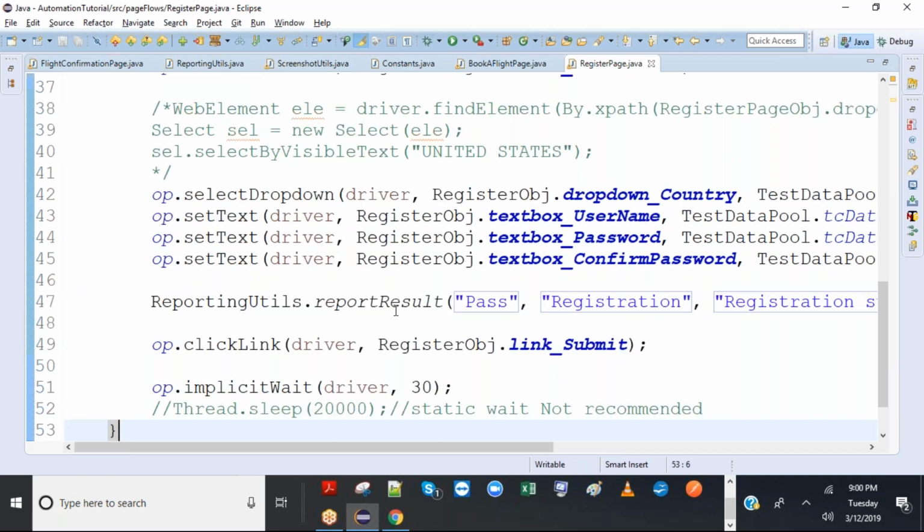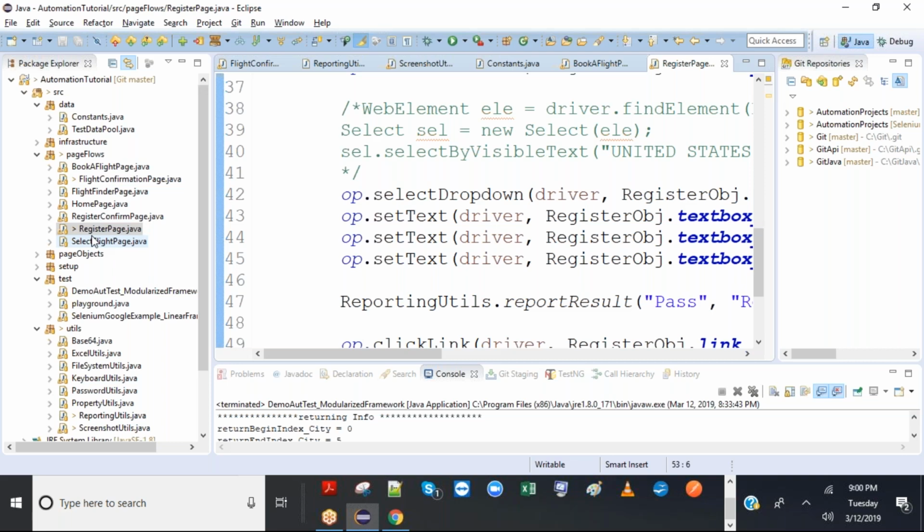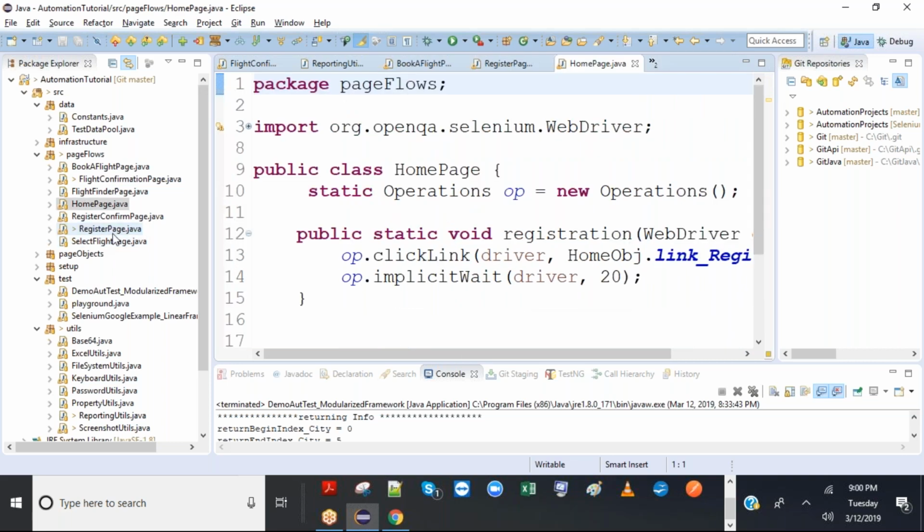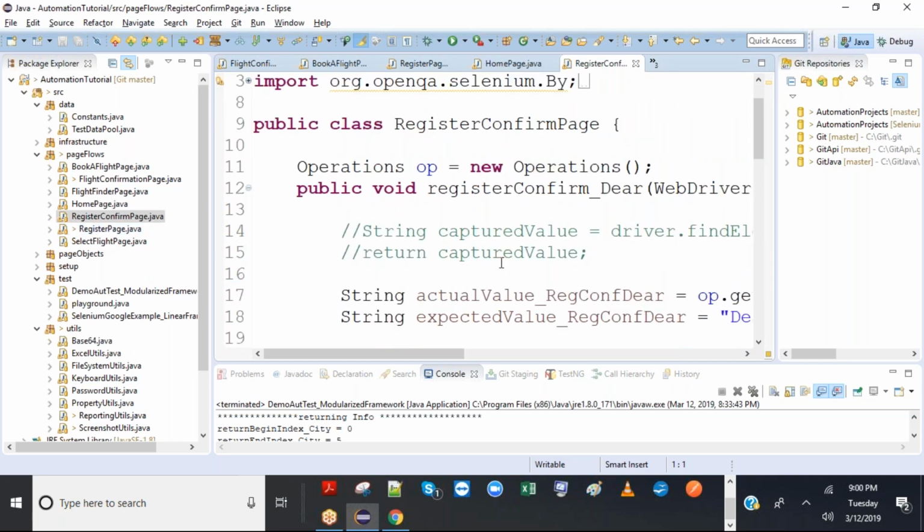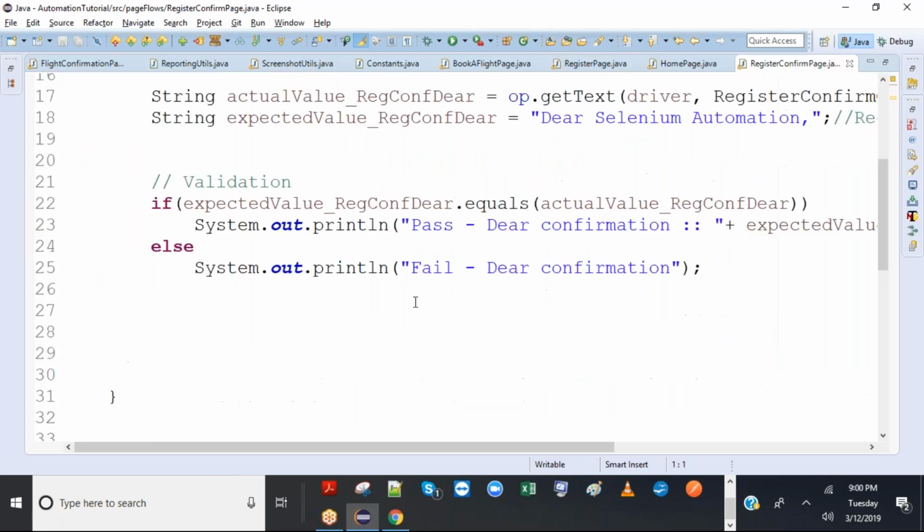Okay, first is home page, second is registration page, then registration confirmation page. So registration confirmation page is where we confirm. This is the first validation we put, right? So here I'll just add this before clicking the next link. Oh, this is just for the validation. But how did we click next link here? Confirmation node.